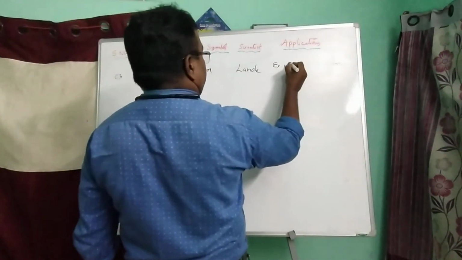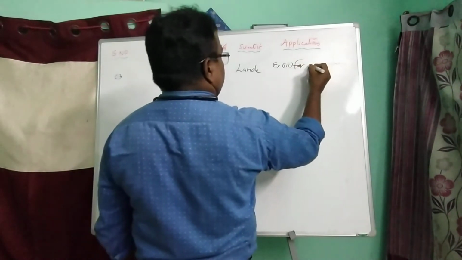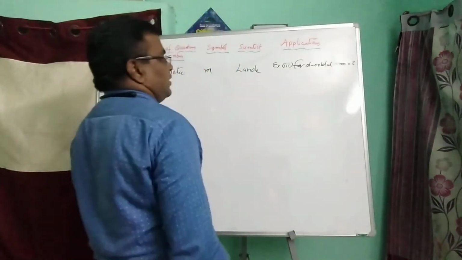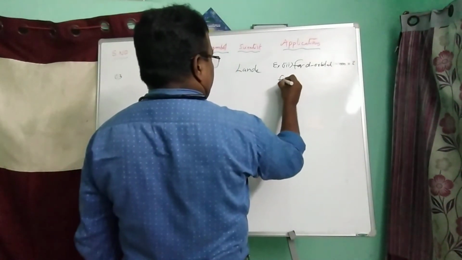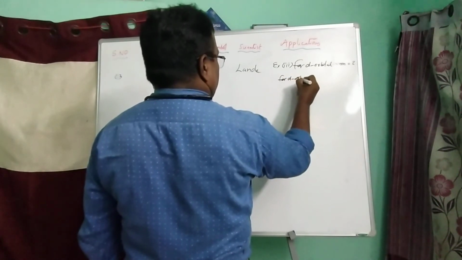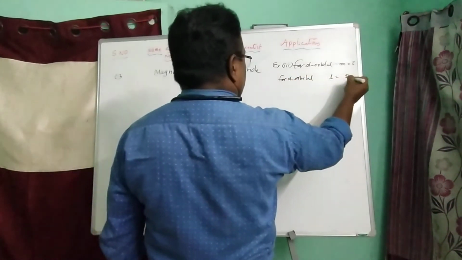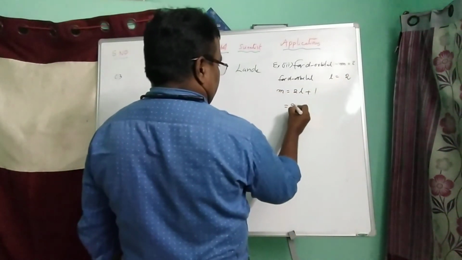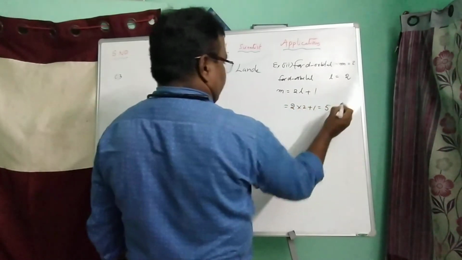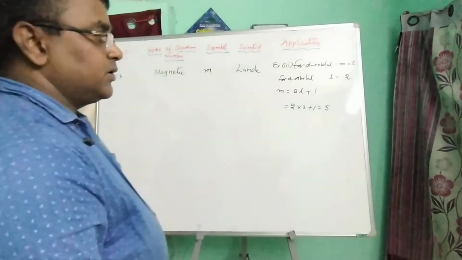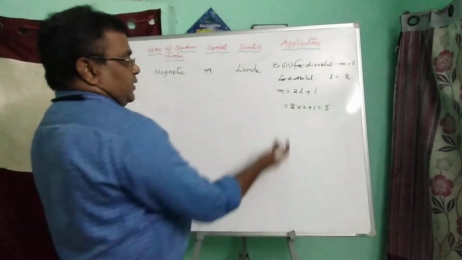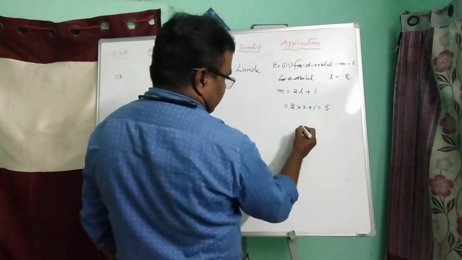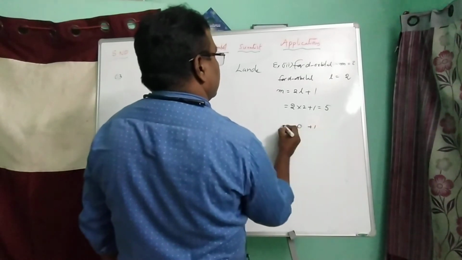Next, example 3. For d orbital, m value is equal to how much? For d orbital, we know that L is equal to 2. Therefore, m is equal to 2L plus 1, 2 into 2 plus 1, that is equal to 5. So for d orbital, m is equal to 5, so d orbital splits as 5 types: 0, plus 1, minus 1,